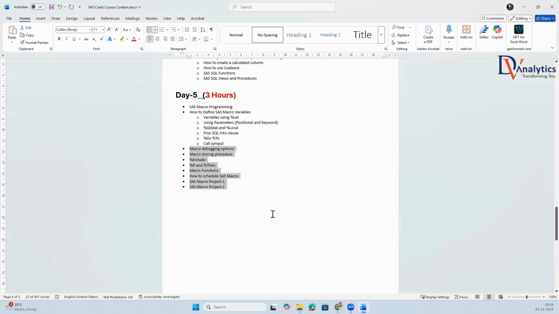So we'll be starting now with macro debugging options. We'll go for macro, how to go for storing macro procedures. What is the use of %include, %if, %then? What are the different macro functions? How to schedule macro programming? These are the topics we are going to cover today, and hence we'll be completing the entire SAS macro